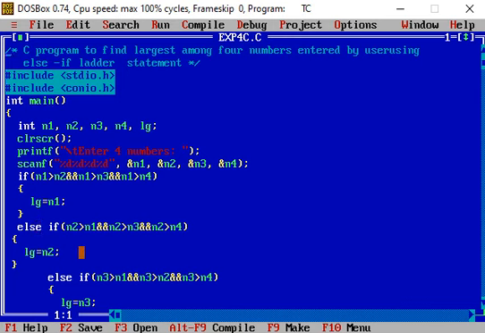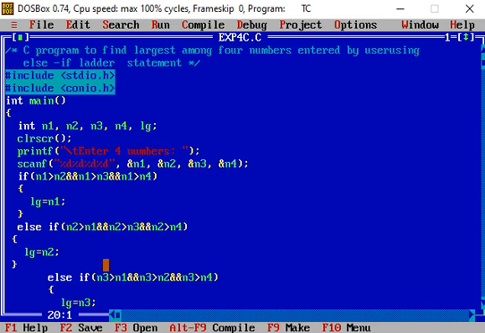So the else if condition is n2 is greater than n1 and n2 is greater than n3 and n2 is greater than n4, that is, n2 is greater than the first, third and fourth numbers. If this condition is true, then we print the largest is n2, that is the second number.